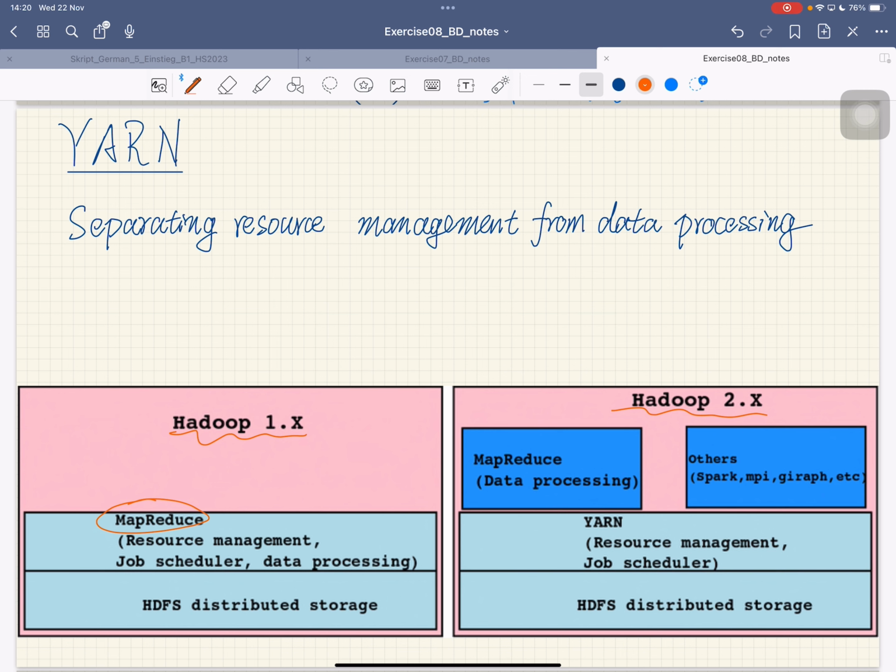So we split the resource management and the data processing, right? So the data processing is still here, but the resource management, job scheduling, and other such work is separated into Yarn, right? So we basically blow this MapReduce, the single piece of system, into two parts. So this is basically the separation of concerns,